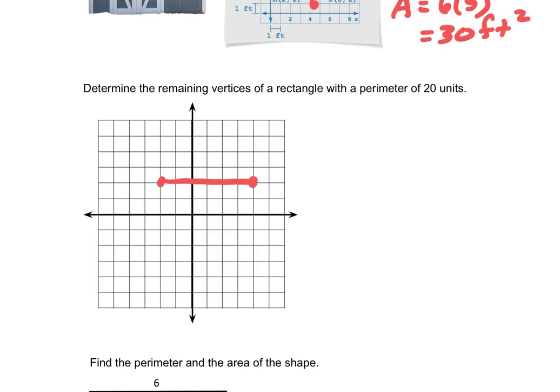Okay, first thing we're going to do here, determine the vertices. So we're looking for some points. The answer here is points, right? Not area, not perimeter, but the answer here is points because they're looking for a perimeter of 20. First thing we got to know is what would the length of this rectangle be? So we're going to go 1, 2, 3, 4, 5, 6. So right now we know the length would be 6. So we know that the opposite side would also be 6, right? So if I was going to do perimeter, I would do 6 plus,